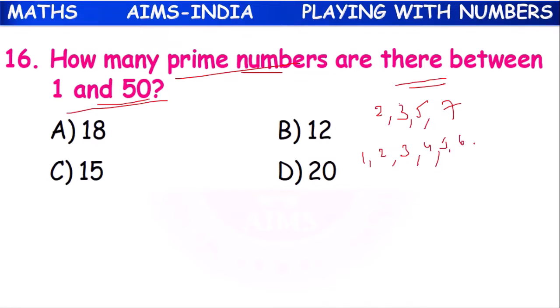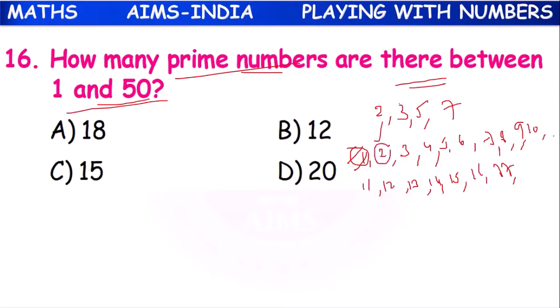1, 2, 3, 4, 5, 6, 7, 8, 9, 10. Next 11, 12, 13, 14, 15, 16, 17. Like this, children, up to 50 you have to write. So let's remove this 1, because 1 is neither prime nor composite. Starting from 2,